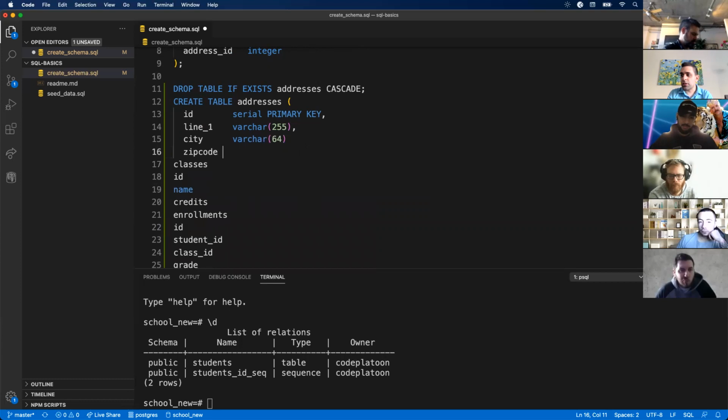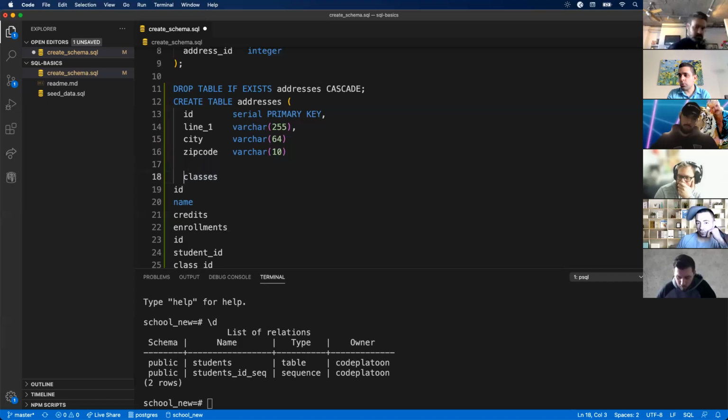All right, zip code, I'm going to have that be a varchar instead of an integer, just because I want to keep it as a string. We can make it 5 characters. I know some zip codes can have that additional 4 digits on there. So maybe we just make this 10, to be safe. And then we have